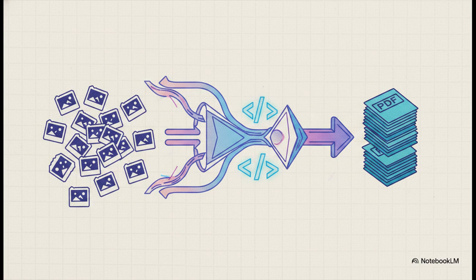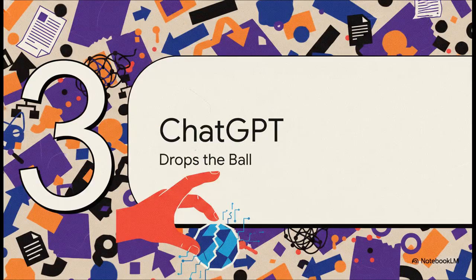A flawless 5-page PDF. Remember that chaotic pile of 12 messy smartphone photos we started with? The Gemini method perfectly condensed all of that information down to just 5 neat, optimized, highly readable pages. There were no massive usage limits, no annoying 5-hour timeouts, just a perfectly executed result that honestly only required a tiny bit of manual copy-pasting. A real game changer. Which brings us to part 3, ChatGPT